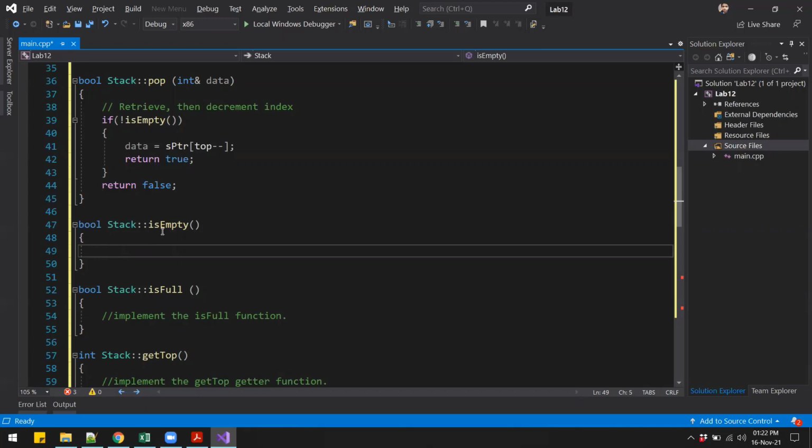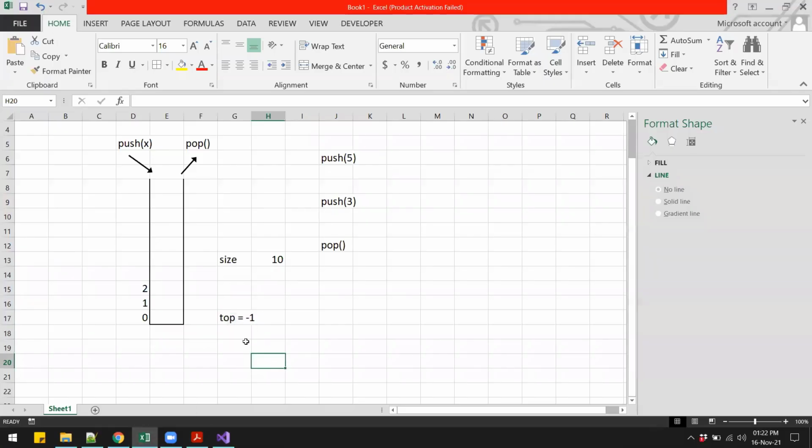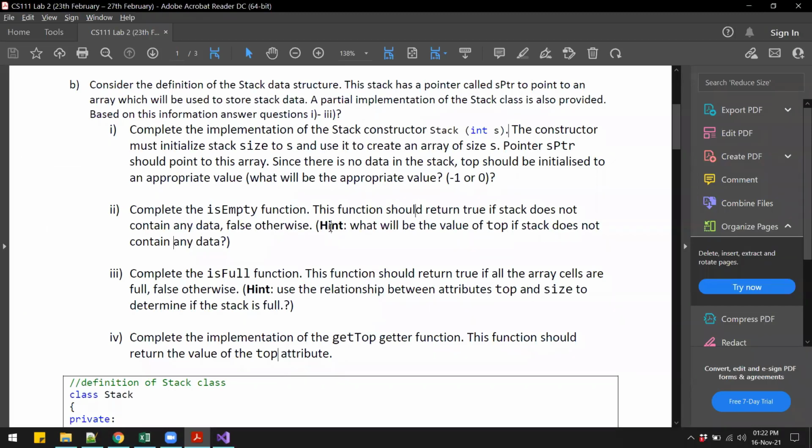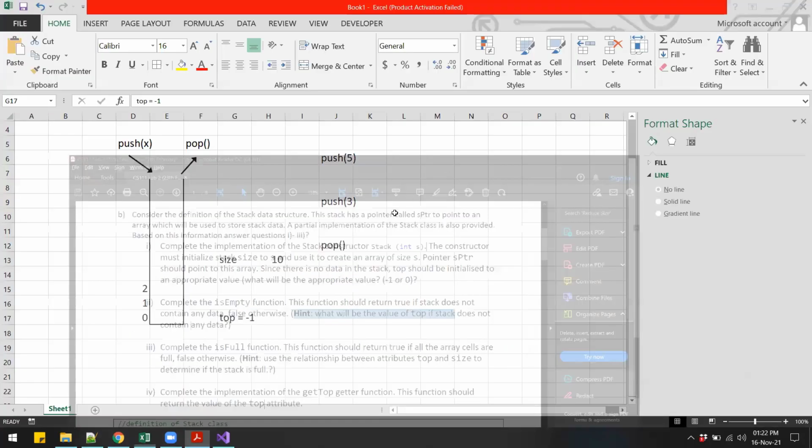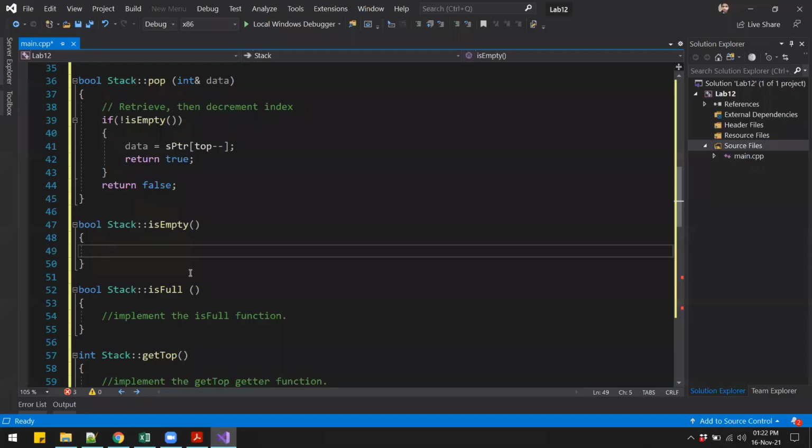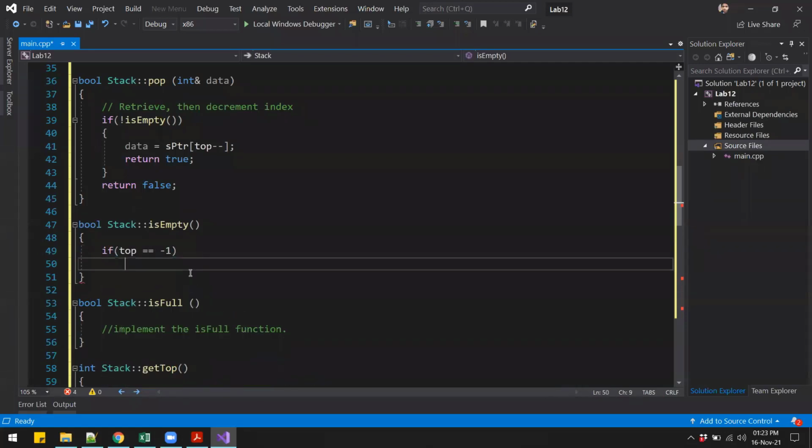Now how do we know if the stack is empty? Here we will be using this top variable. The hint is given. We will be using the top variable to figure out whether the stack is empty or not. So we know that if the value of top is -1, that means the stack is empty. So we can return true.